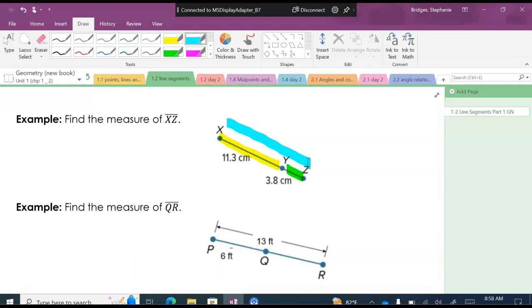Let me get my calculator. We have decimals, so we're going to add them. I have the two small segments, XY plus YZ. If I add them together, that gives me XZ. So I'm going to do this in the calculator, 11.3 plus 3.8, and it would give me a total length of